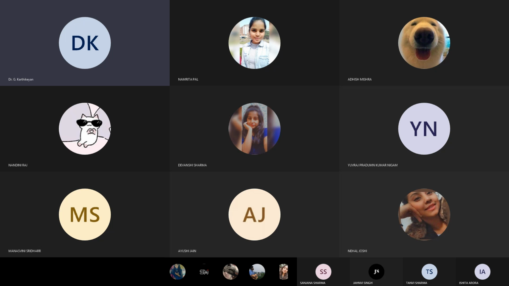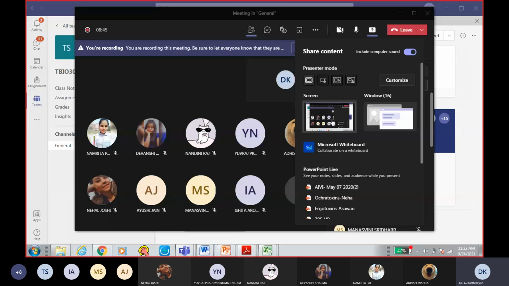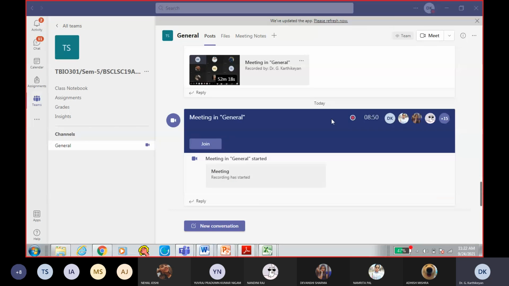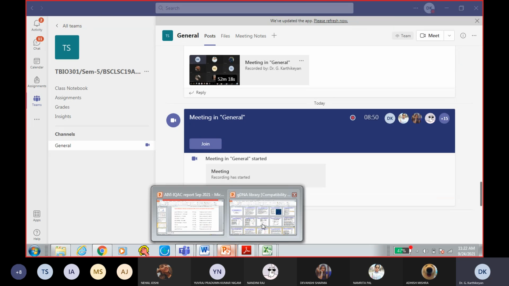You can simply do a database search and you will have it. Nevertheless, in today's class we will quickly wind up how cDNA and genomic libraries are made, and we will start with the next module from our next class.